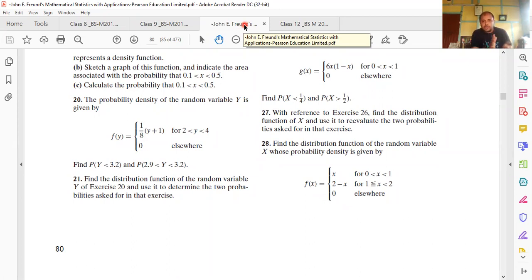So try to solve. I'm not asking you to solve all the problems from the book. I'm asking you to try to solve as many problems as you can. Understanding of the problem, mathematical thinking, and comfortability with calculation are all actually required in the course of mathematics. That will be helpful for you.